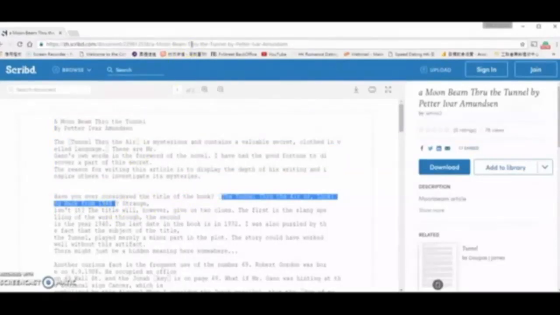So actually the story end, if I remember it right, is August 30th, 1932, and there's a solar eclipse in New York, where the war in the Tunnel Through the Air ends. So the whole story is looking back from that date, and in detail, after you read this article, you understand the structure of this novel,